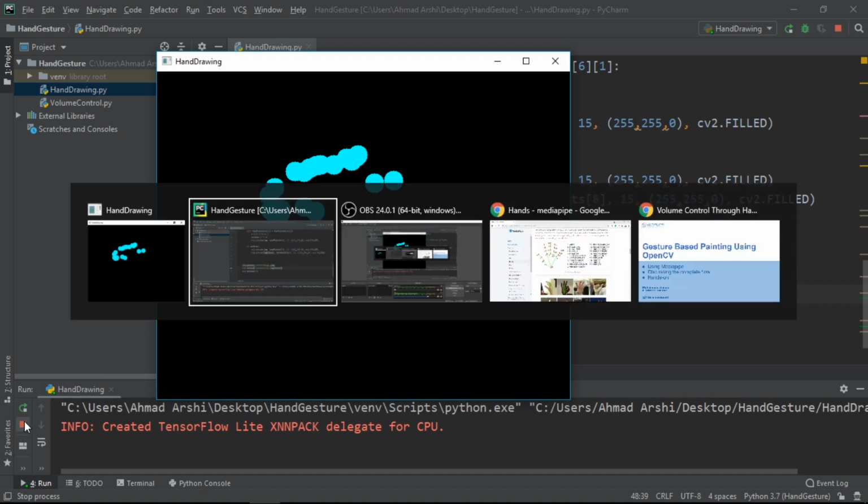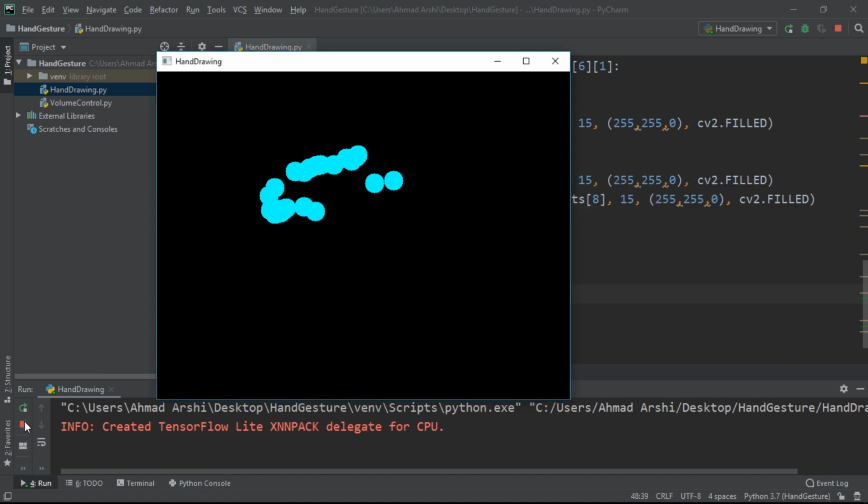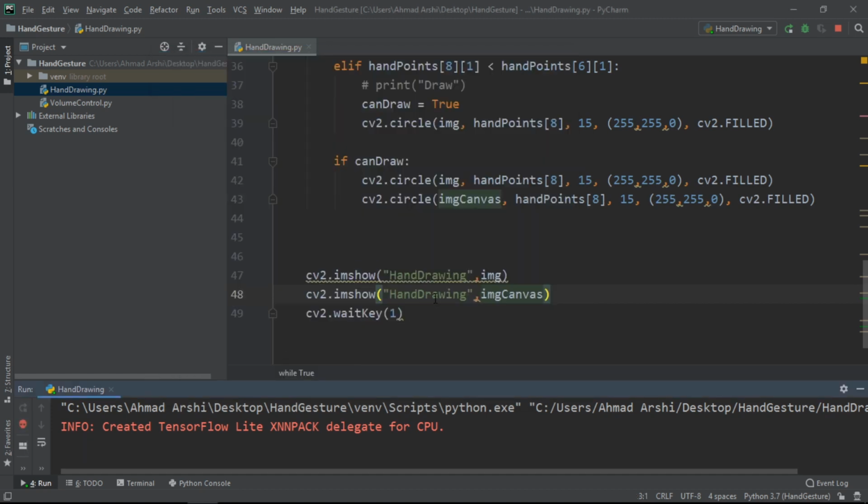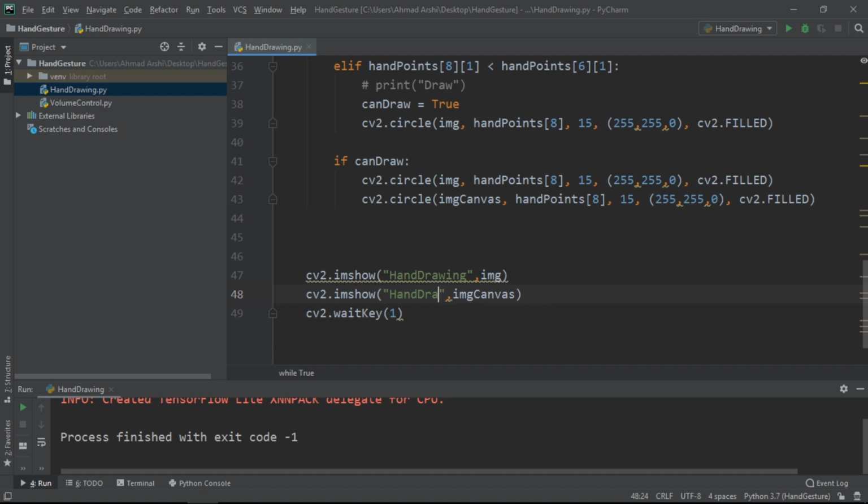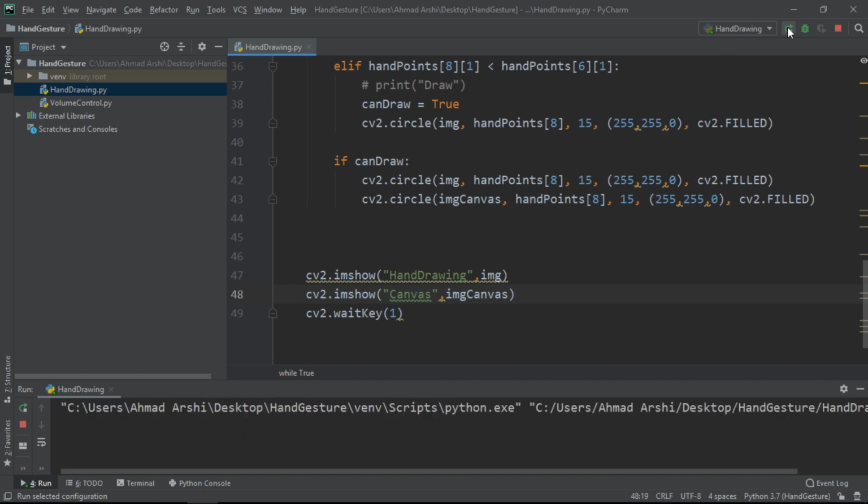Actually it should be there. Let's make the name different and make it canvas. Now if we run that, hopefully this will work.